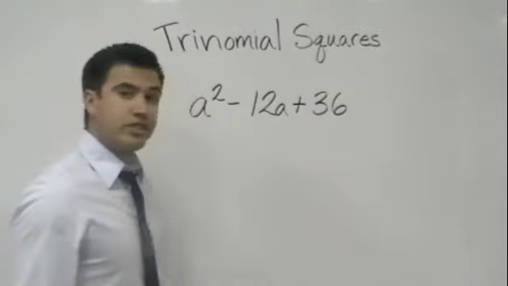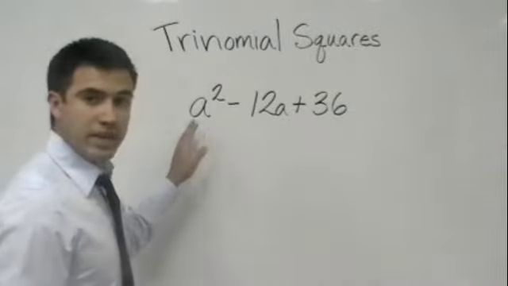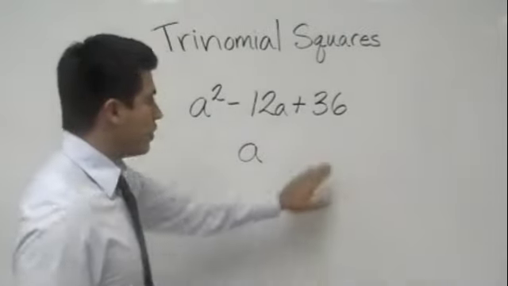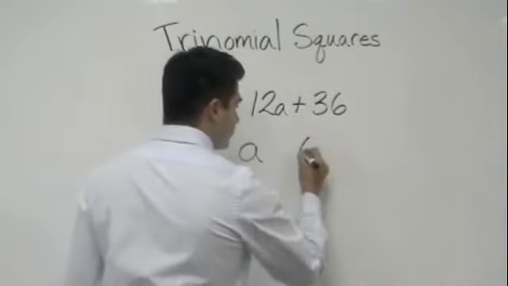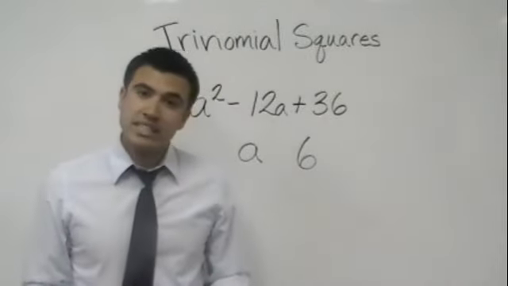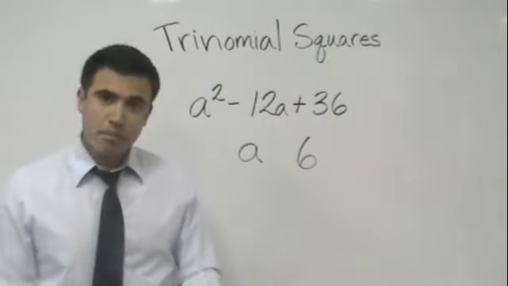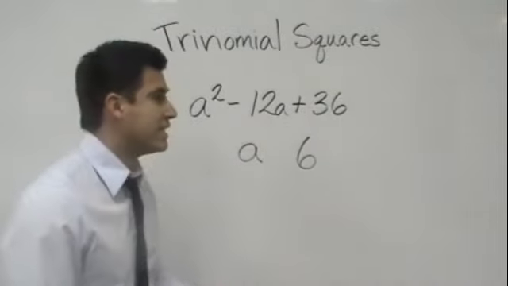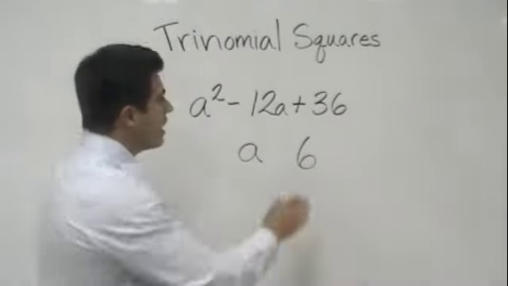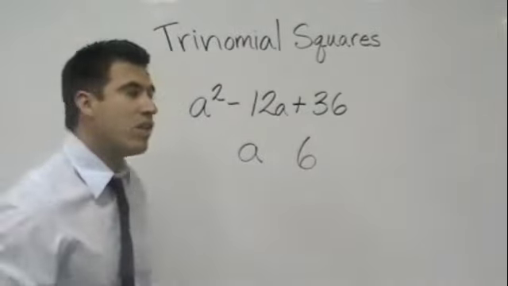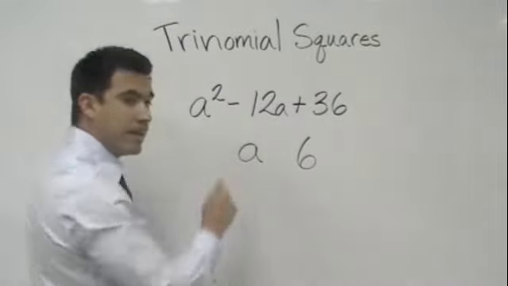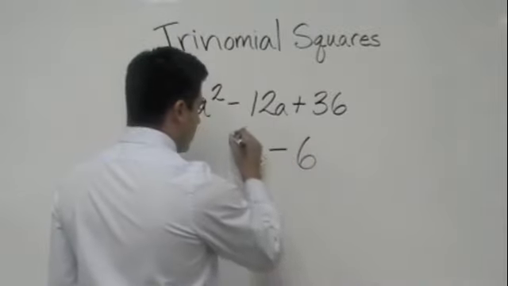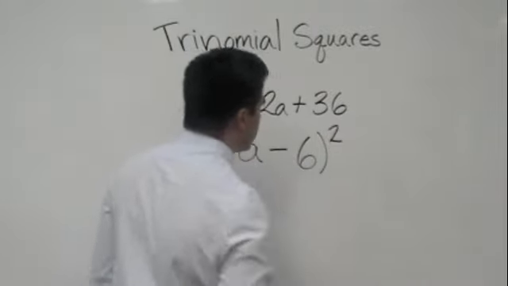So now, all we have to do here is just go ahead and put the square root of this outside number, which is a, the square root of this outside number, which is 6. Now, what we have to pay attention to is the sign in the middle. Before it was a positive because both the signs were positive. Well, now we have to pay attention to this sign right here because this sign will always be a positive, so now all we have to worry about is this sign. If that sign's a minus sign, then that minus sign goes right here, and then we square it. So that will be our answer.